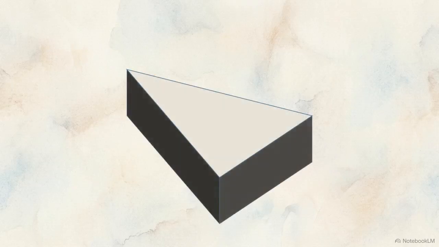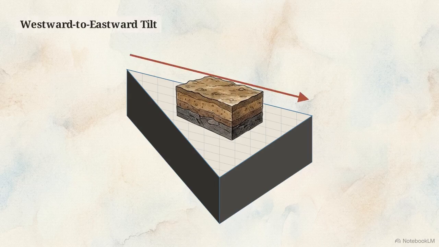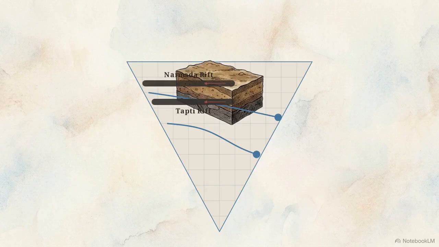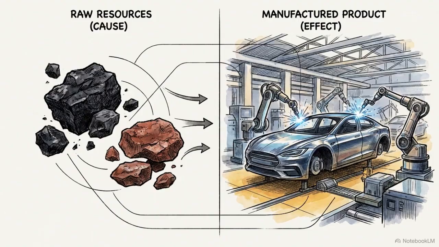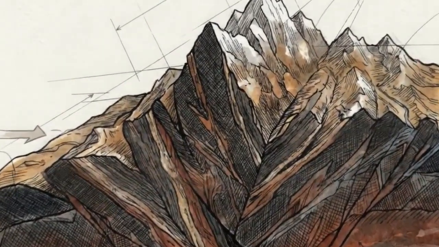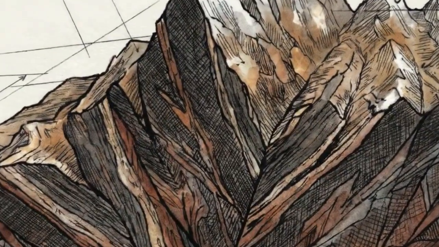The entire plateau has a gentle westward to eastward tilt. This slope dictates the flow of the Godavari and Krishna rivers toward the Bay of Bengal. The Narmada and Tapti rivers are the exceptions. They are forced westward into the Arabian Sea by the unique structural constraints of rift valleys. The stability and extreme age of the Deccan are the primary factors behind the region's concentration of mineral wealth and industrial development. As the Indian Plate surged into Eurasia during the Cenozoic era, the crust began to buckle, creating the